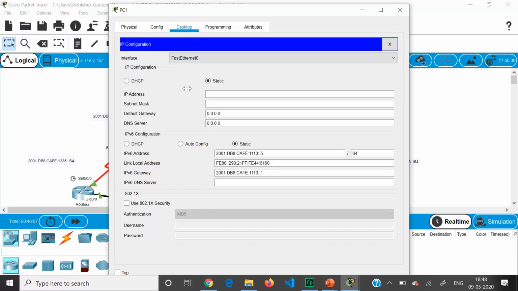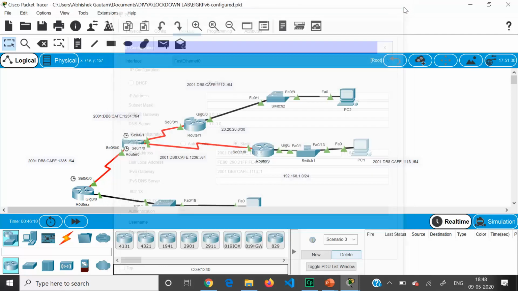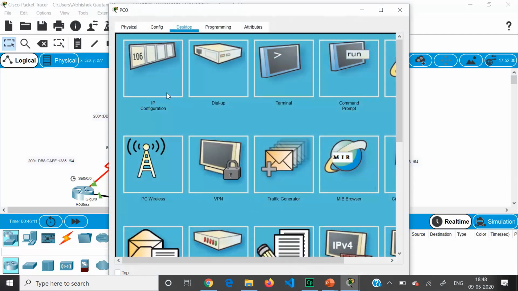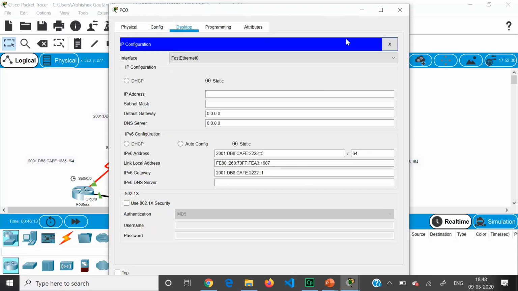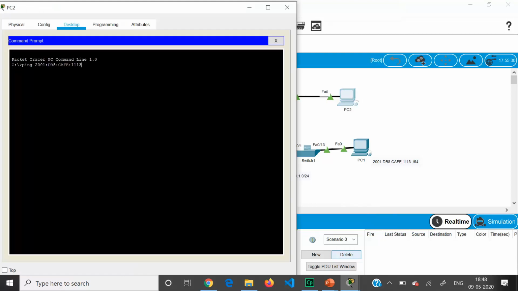For PC1 we have assigned ::5, and similarly let me see for this PC what we have assigned, ::5. Okay, so here I'll say ::5. So this real-time scenario is not working for IPv6 in Packet Tracer 7.3 version. In the earlier version it was working. So here you should check in the command prompt. See, it is pinging.